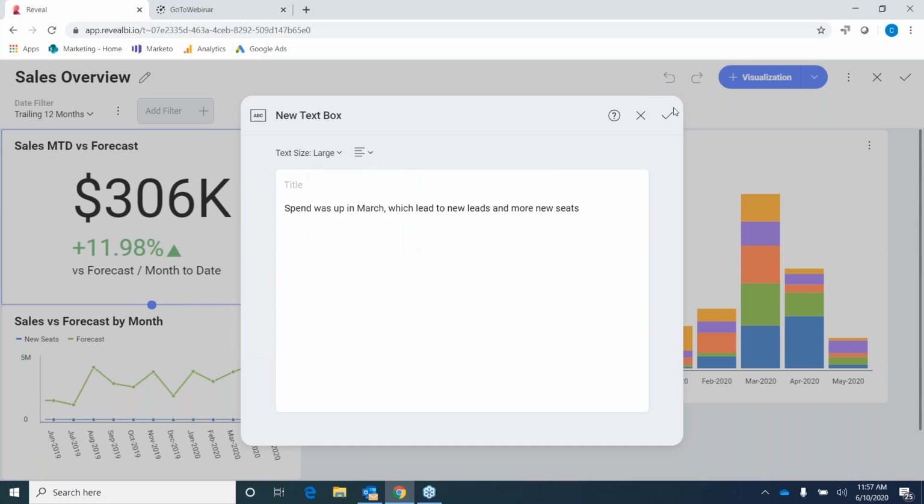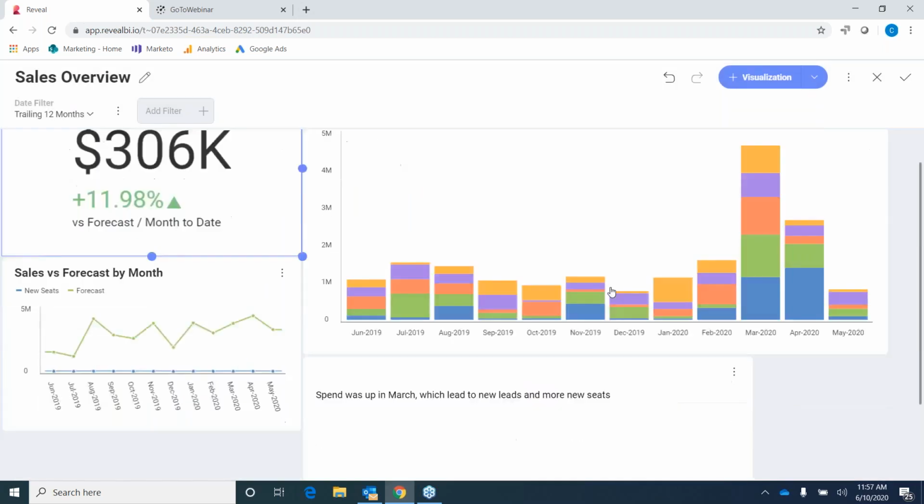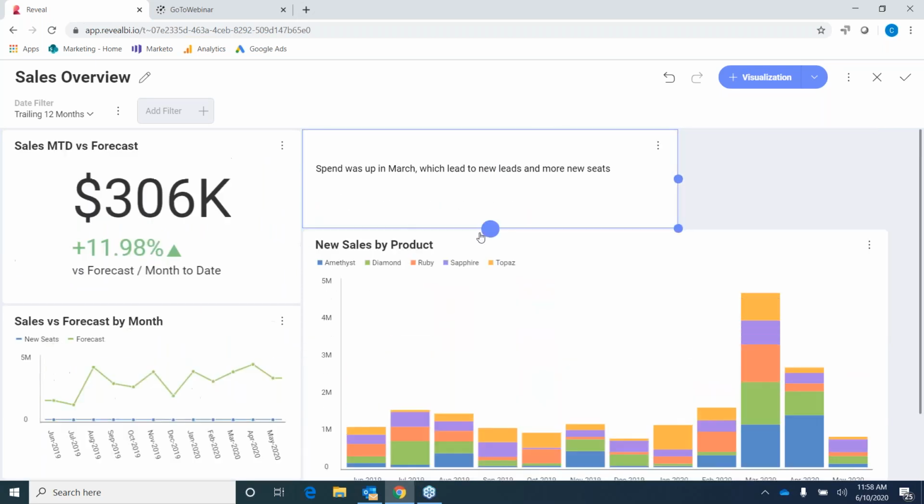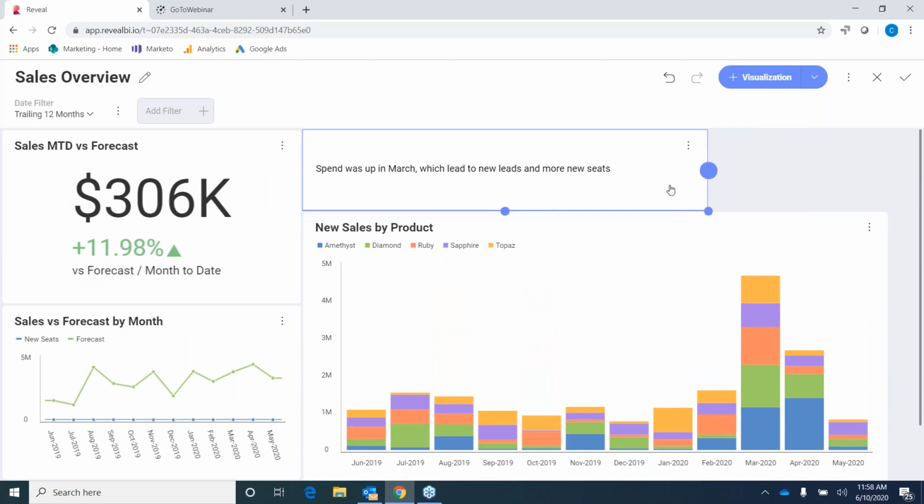I can change the alignment of the text. And what this now does is this behaves just as a visualization does. I can move this around. I can give people some insights quickly into why you're seeing a particular spike in March. And I know we only have 2 minutes, so I'm probably just going to end there and see if there's